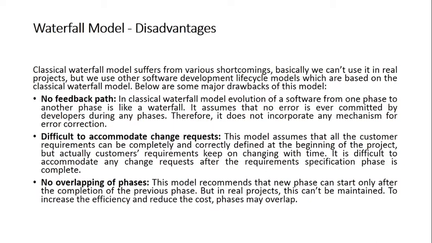Just by adding the feedback path, we can make this work, and practically it can be used for any sort of project. So the major disadvantage is that there is no feedback path. You don't have any feedback path. Ultimately you cannot make any changes to the system. You cannot even rectify an error if it is present, and if the error belongs to a previous phase, not the current phase, you cannot go back and make the changes in the previous phases either. So ultimately you require a feedback path in order to move from one phase to another and vice versa. That is not possible in this model.